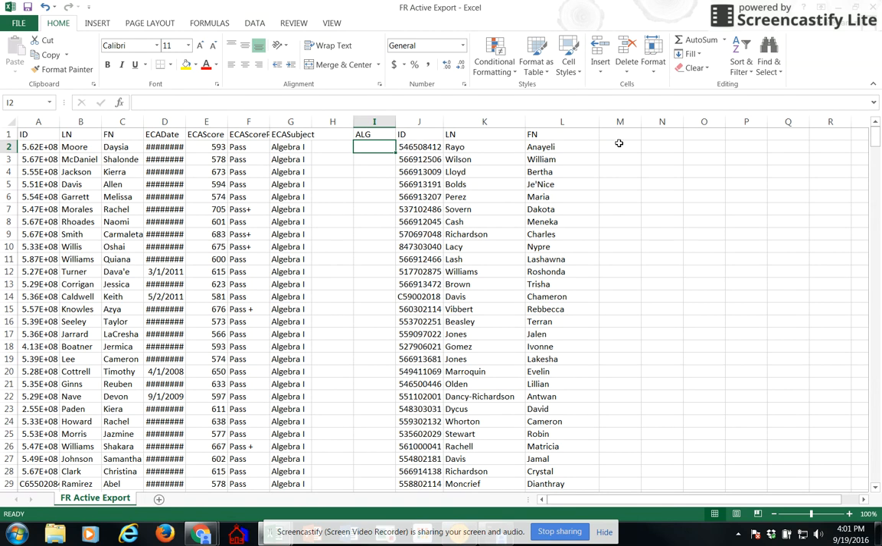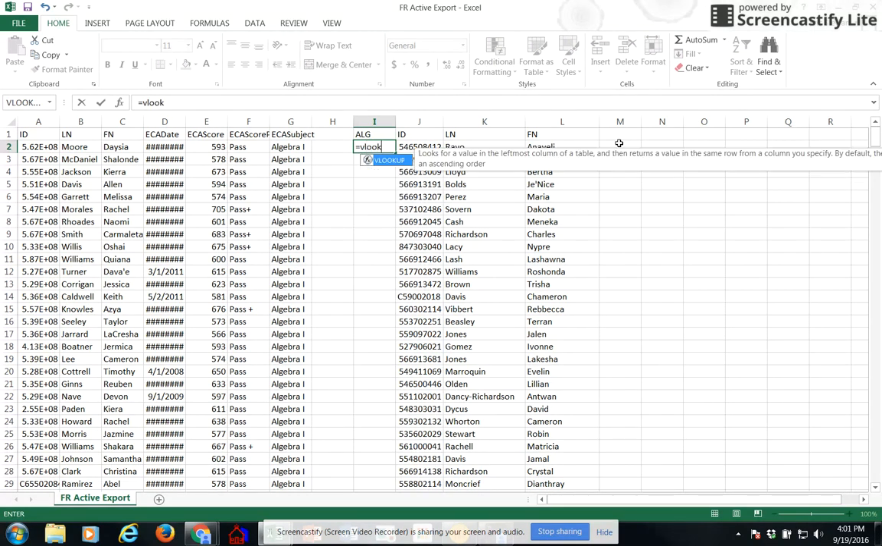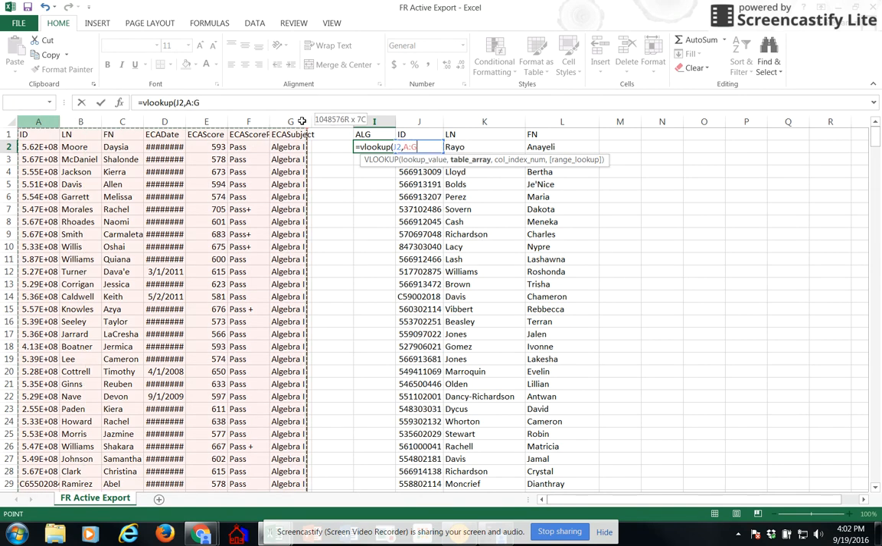So I'm going to start with algebra, and the formula will be equals, we're going to do a VLOOKUP, and then we'll put in our parentheses. We're going to look up the ID of the active student. So we'll select the ID column, comma. We're looking in this array,